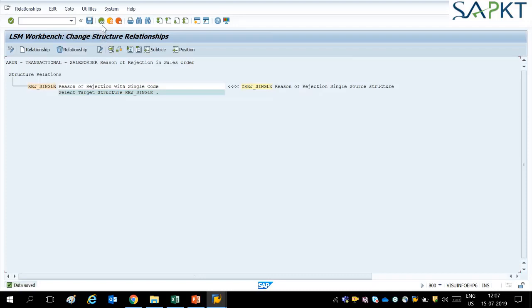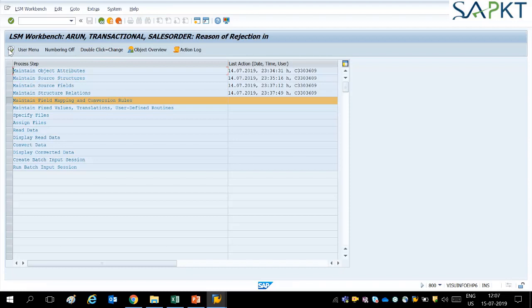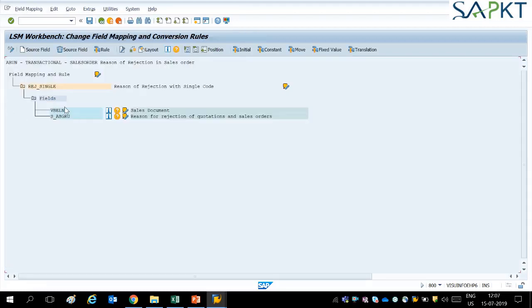Click on it. This is your target, this is your source. Now system proposes this is your target field, and you have to select this BVEL. This is the target field, and here you have to click create source field,